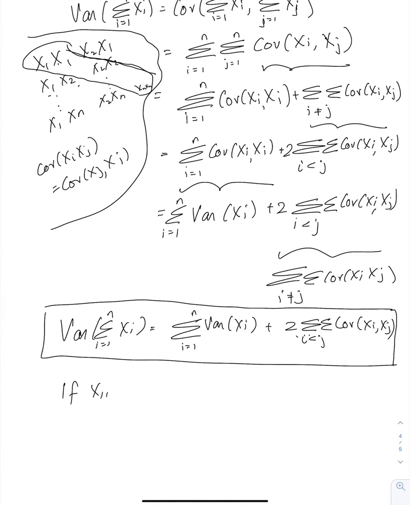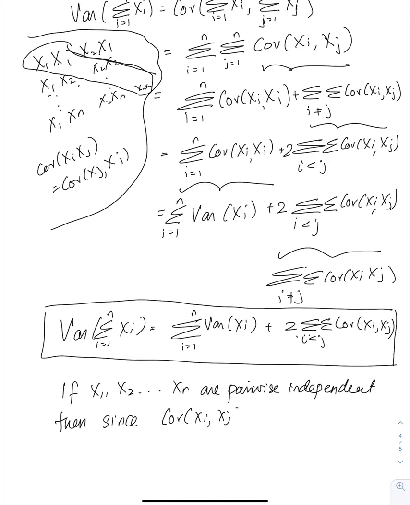So if the x1, x2, and so on up to xn are pairwise independent, then the covariance of xi, xj when i not equal to j will be 0, since independence,